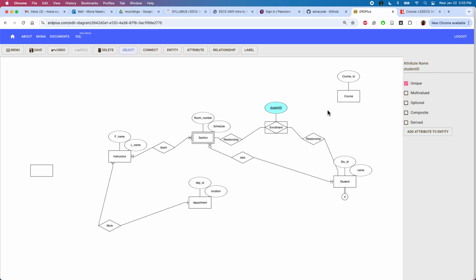And then we also add another attribute, which is the section, maybe code or number or anything, right? Which works as the code. This is partially identifying the primary key of the